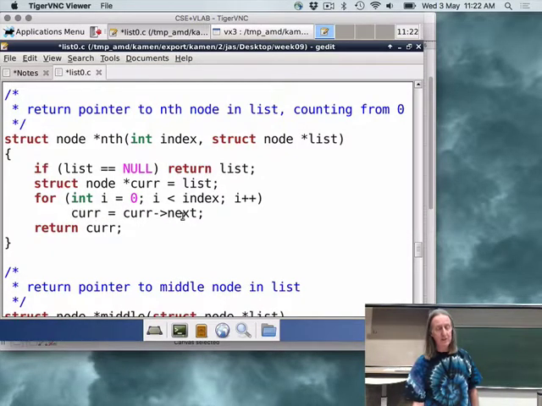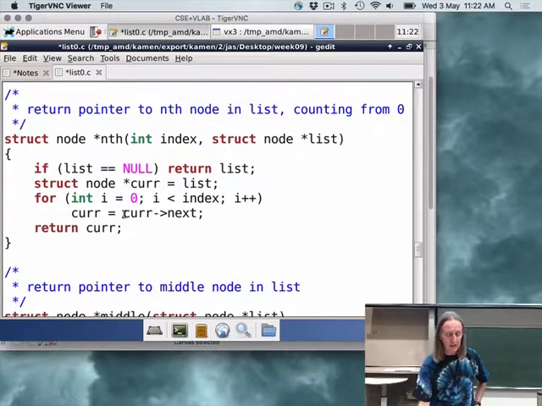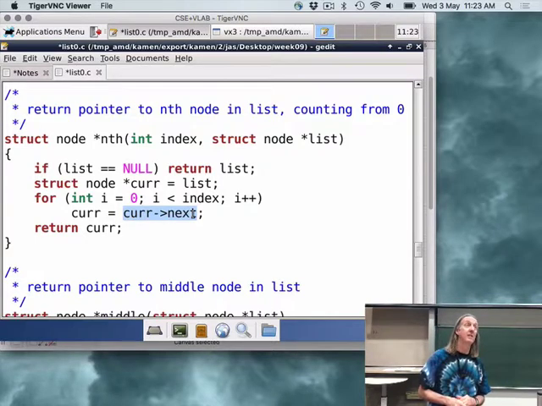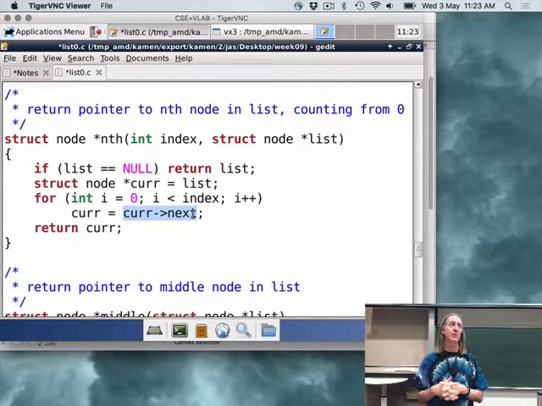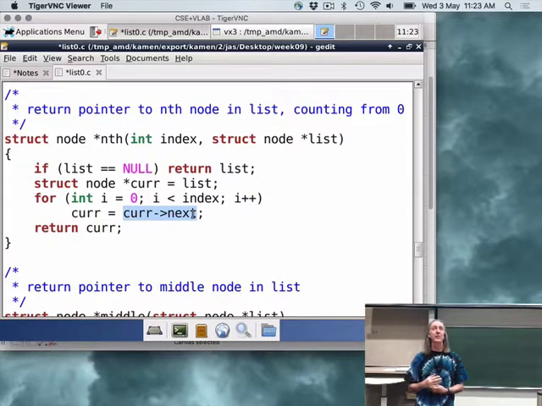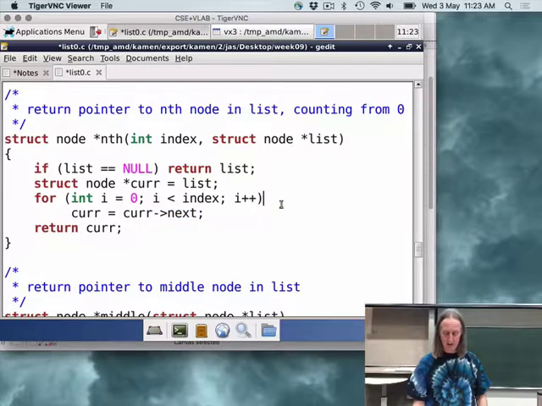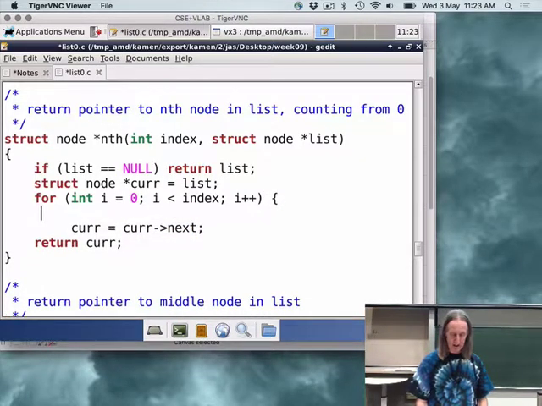and we're going to try and evaluate this expression with current set to a value of null. As soon as you try to dereference a null pointer, you're going to get a segmentation fault and your program will crash. Okay? So if I is larger than the number of elements in the list, this function fails. So we really need an extra check in here just to make sure that we haven't fallen off the